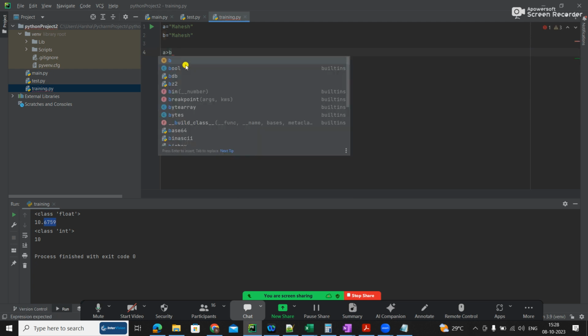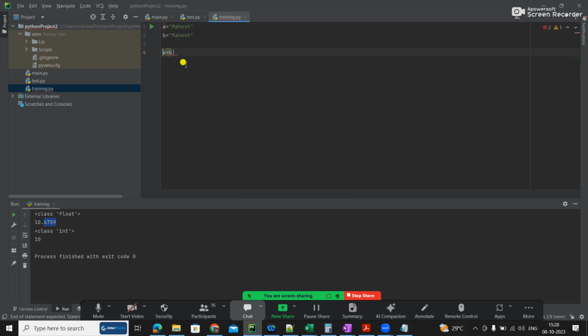I think maybe something like this: print A greater than B, print A greater or equal to B, print A lesser than or equal to B. So anyone got about this?